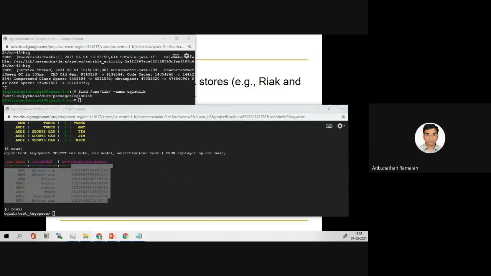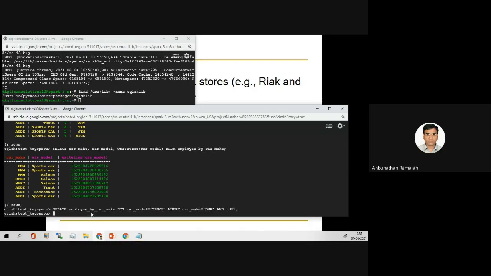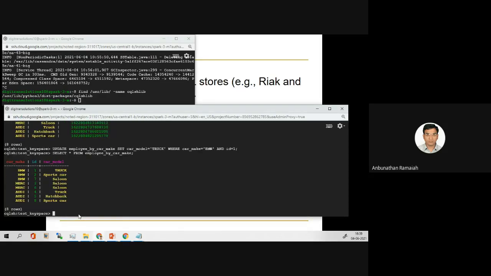Now I am updating one record. So far we inserted and we viewed. Now update is the third command. In this table, I am setting the value truck where Carmack is BMW and ID is 1. So now if you display the table, you can see it changed to truck.